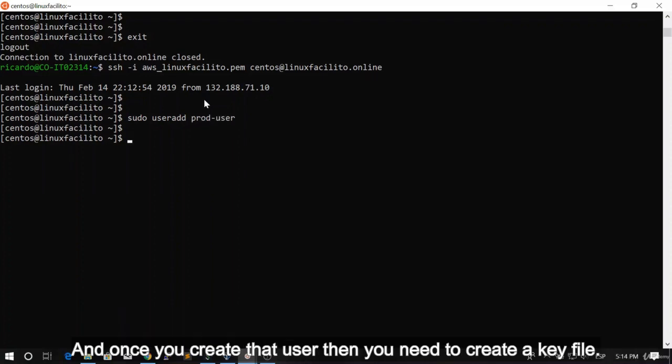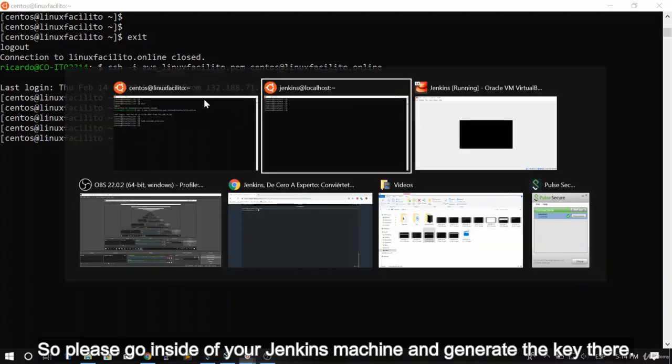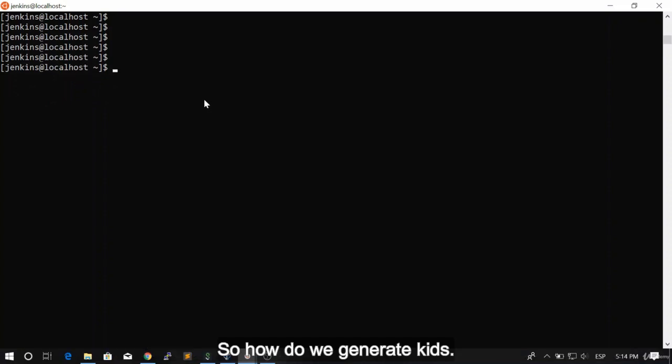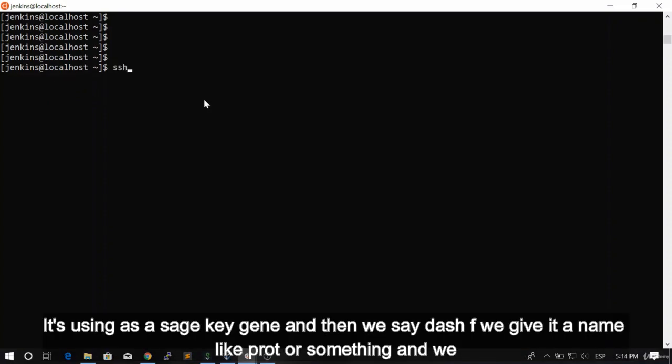And once you create that user, then you need to create a key file. So please go inside of your Jenkins machine and generate the key there. So how do we generate keys? It's using ssh-keygen, and then we say -f, we give it a name like